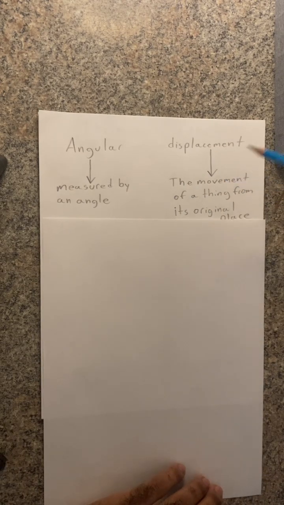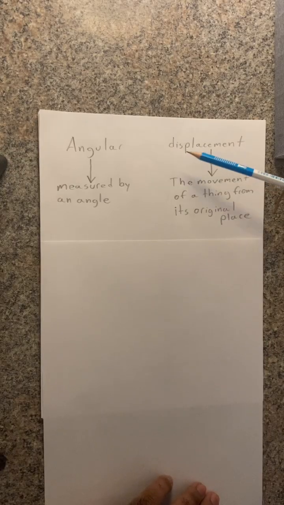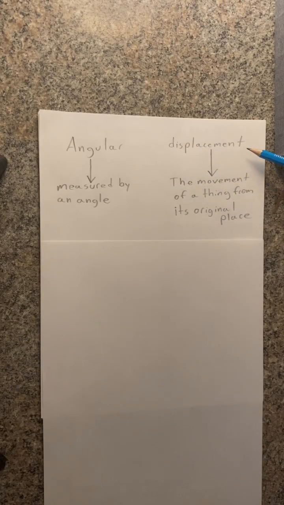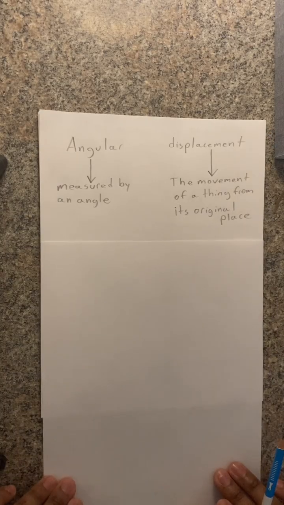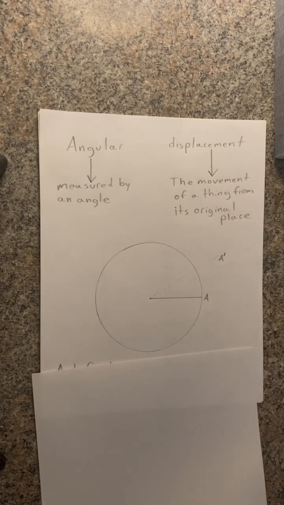These are dictionary definitions. The term displacement means the movement of a thing from its original place. So by that, we have as an example,